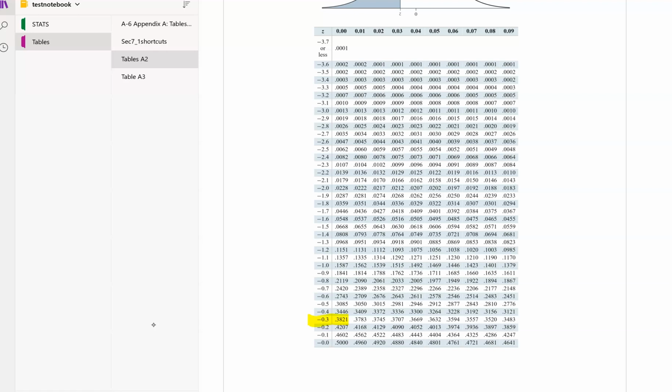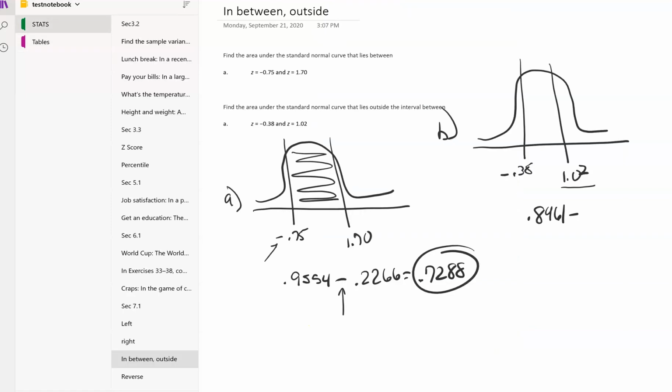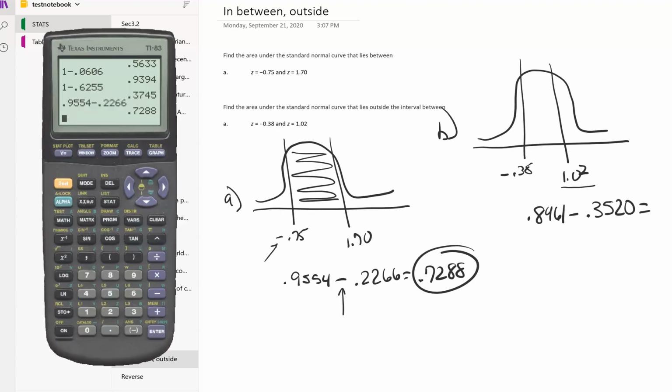Negative 0.3 is here, and the 8 is down here, so it's 0.3520. I have to subtract those. So 0.8461 minus 0.3520,